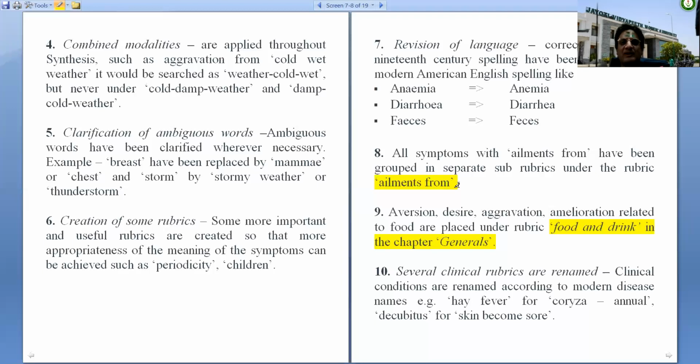This is the assignment at the end of this lecture: you have to find the rubrics from the symptoms which I have told you just now about the case. The case of peptic ulcer, having pinpoint pain in the epigastrium, a stitching type of pain, and along with the pain there is a vertiginous feeling. The pain is worse by eating or after eating.